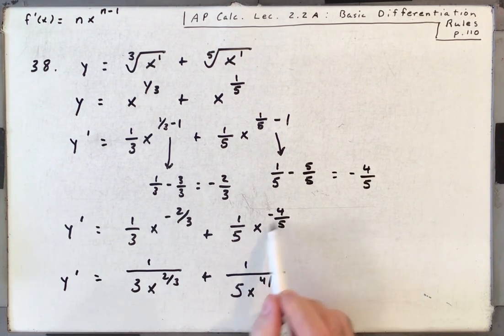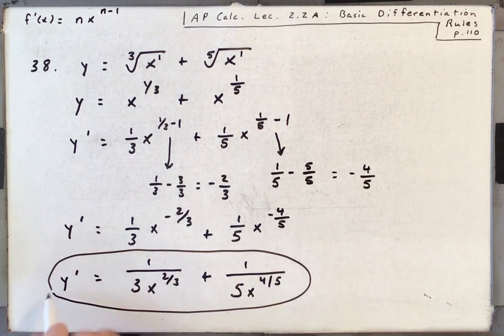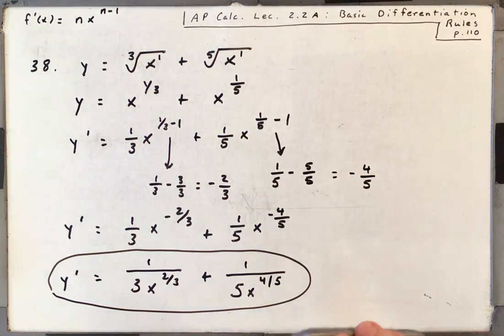Okay, so we just brought the x to the negative 4/5 downstairs. There's a 5 out front. That 5 and 3 are both downstairs. And you don't have to turn it back into radical form for me. All right. So that's our examples for